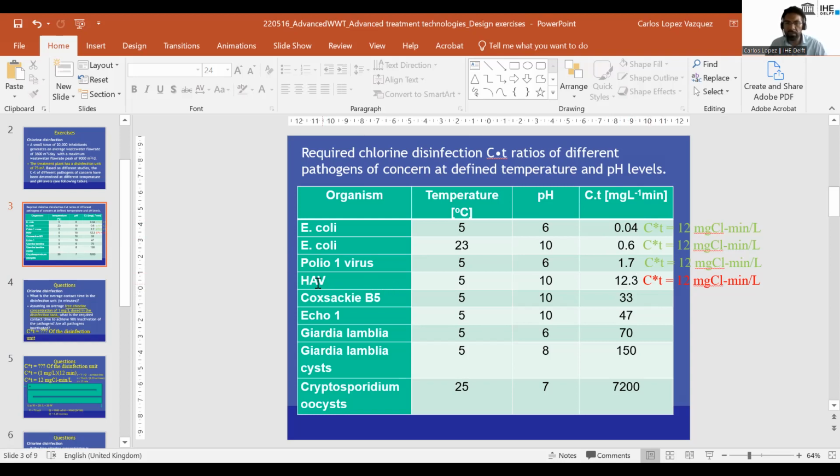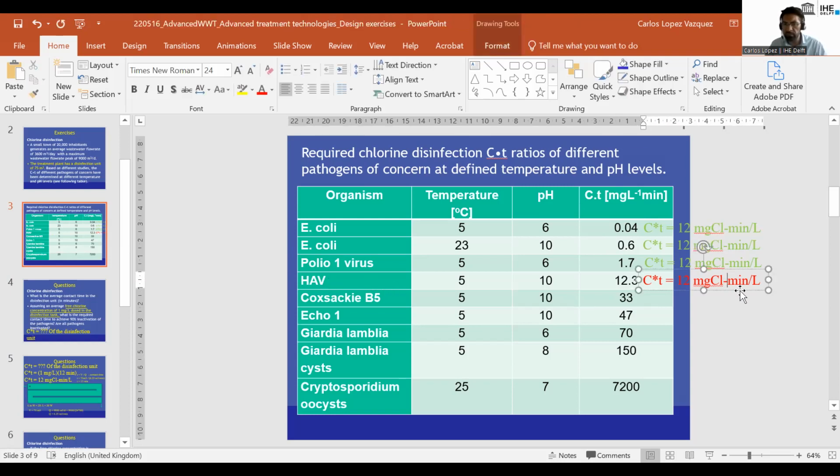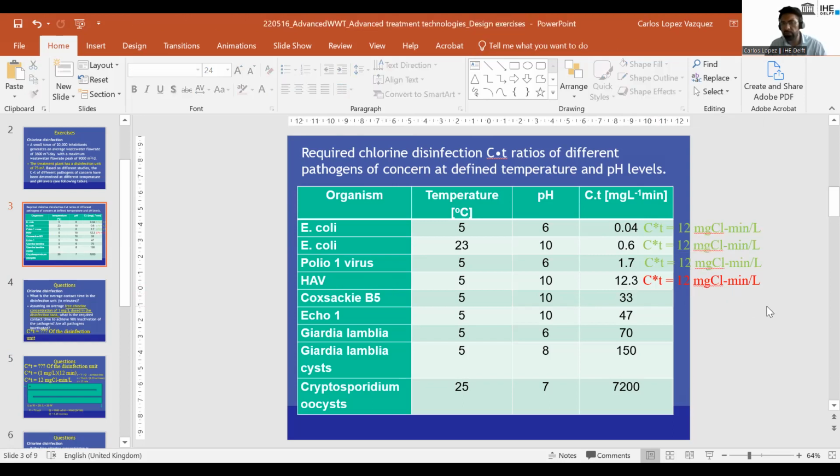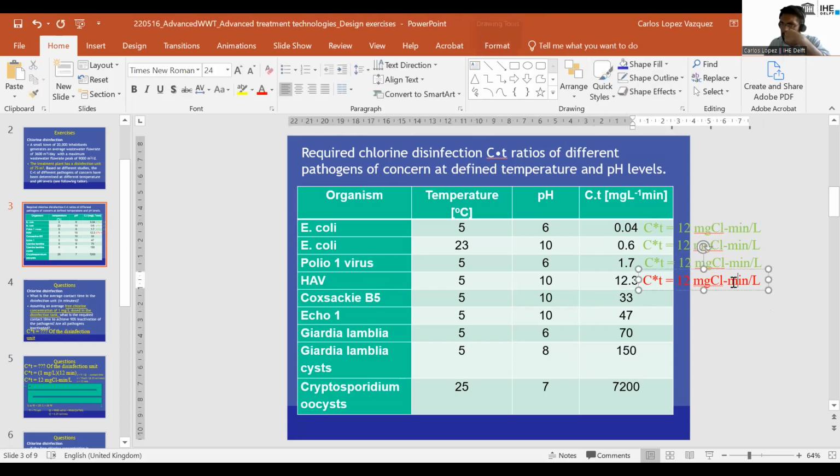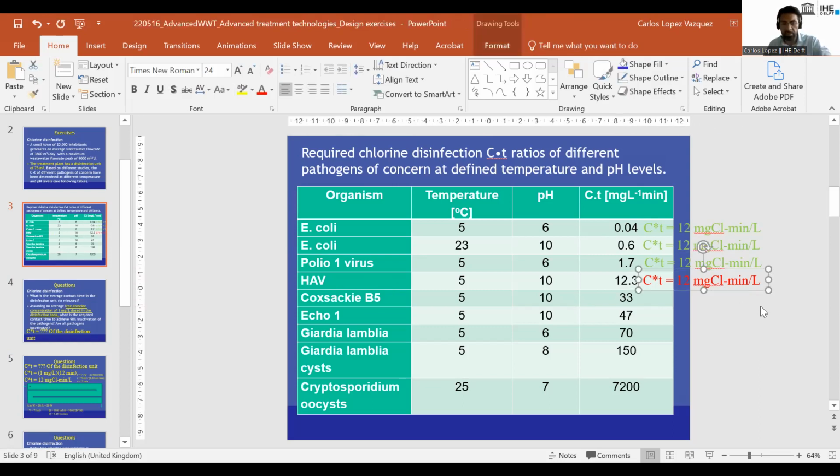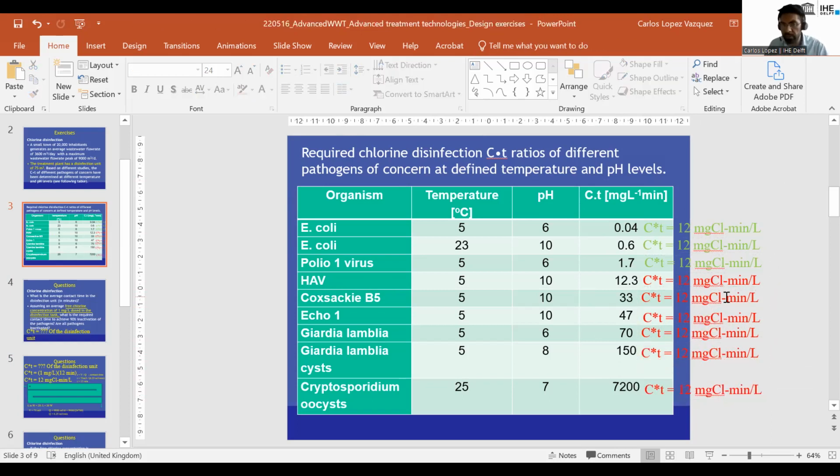But what happens with this HAV virus? It needs 12.3 and I have 12. It cannot. And the same happens for the rest of them. So this one cannot. This one cannot. So none of the rest will be removed. Sorry, I need different ones, but the system can only reach 12. So this cannot be removed. Perfect. Okay, so